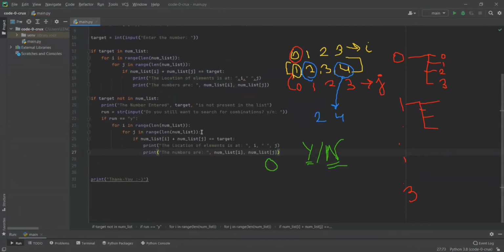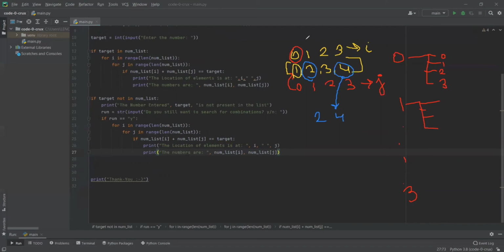We just now want to find whether the elements which add up to target are present. I would just get you through the code once again because we are writing it again. If i is in range, and if j is in range, we have seen that these are two indexes which start from 0. If they are the elements, and if these both add to the target, then just print those indexes. So this is the same code as we have seen previously. I will just clear my markings.